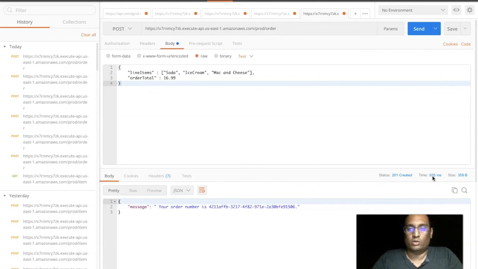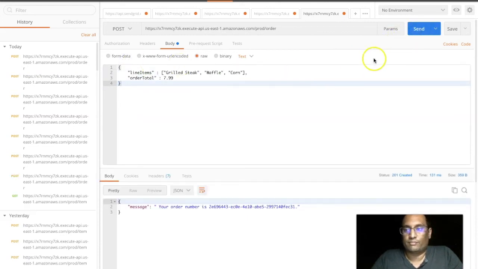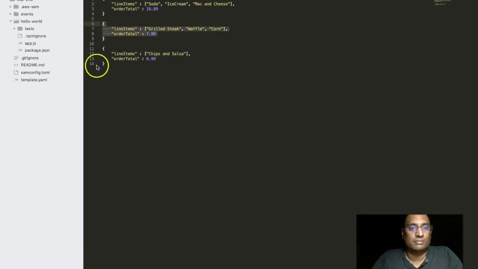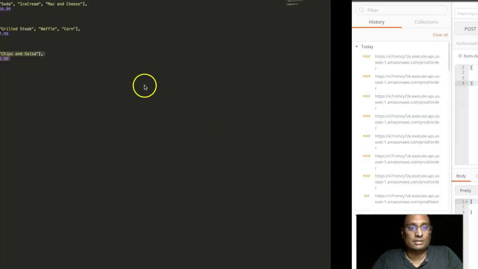You can actually Google about it. Lambda cold starts. It means that when you first invoke a Lambda function after it has been created, there is a minimal time that Lambda requires to put everything in place and start the function for you. So the subsequent calls will be really fast. So this is 131, so almost 90% down, fast.